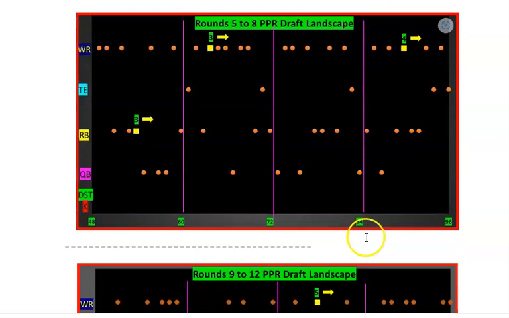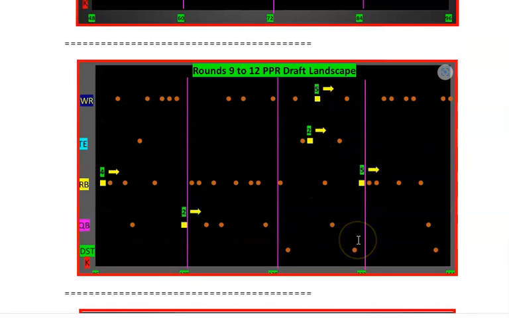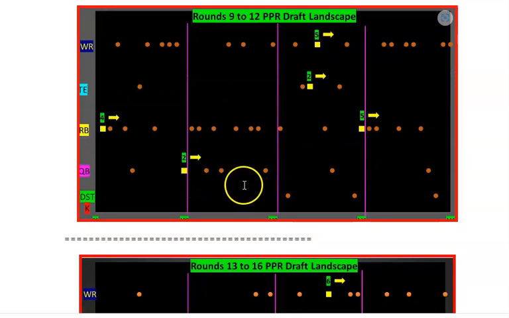Rounds 9 to 12, what's going on here? Well, what I see is the RBs are catching up. 4s and 5s are starting. So now especially look at this round here. What is this, 108 to 120? Look at this run of RBs right in here. These 4s are getting chewed up quick. And this round here,